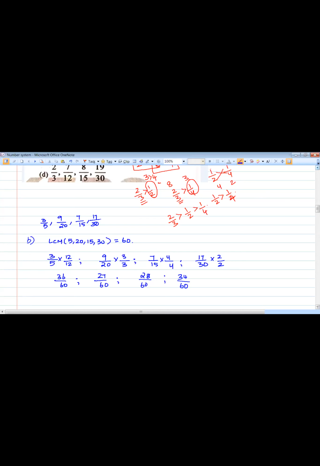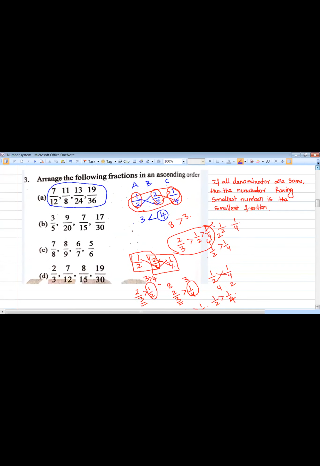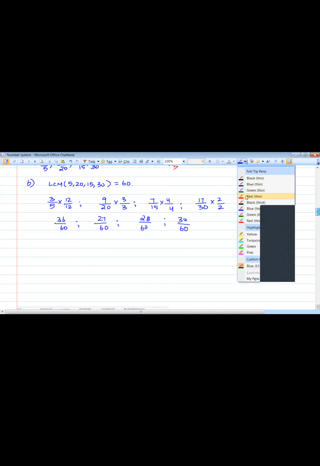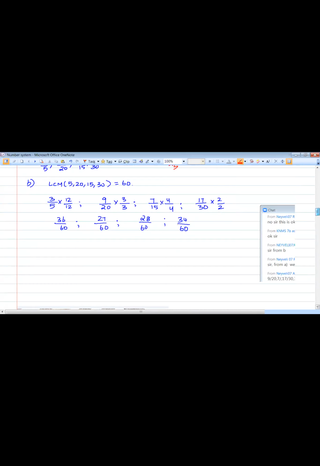Now they are asking us to arrange in ascending order or descending order. They are asking us to arrange in ascending order. Then we have to start from the smallest one to the biggest one. So how will you give the rank for this? Okay, which is the smallest one out of these 4? This is the smallest one. Okay, so give number 1. What is the second smallest one? This one, number 2. What about the third one? This is number 3. What about this one? Number 4.